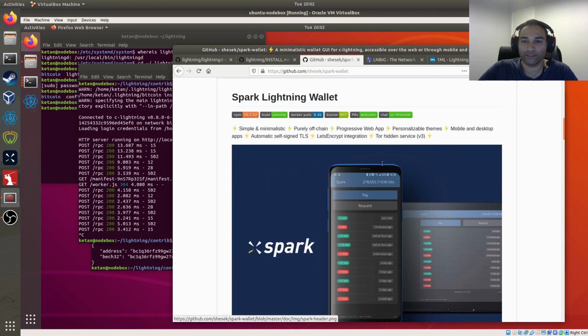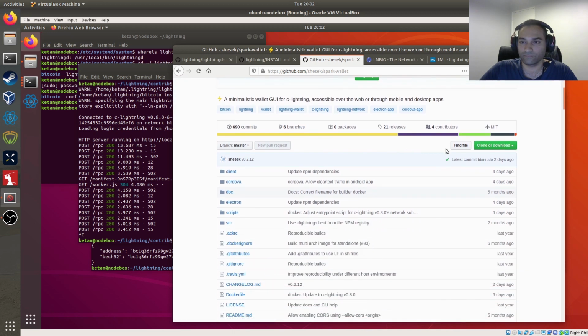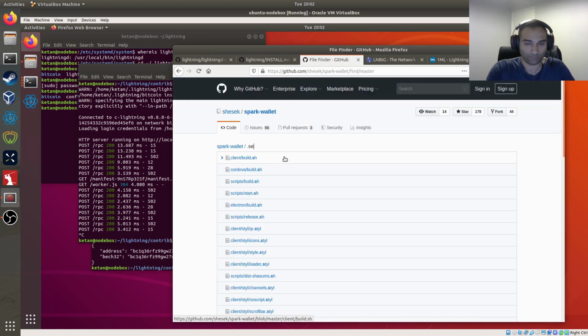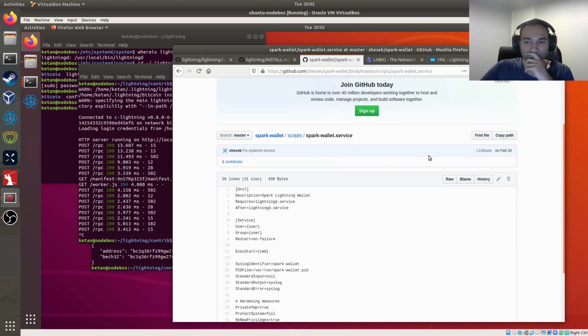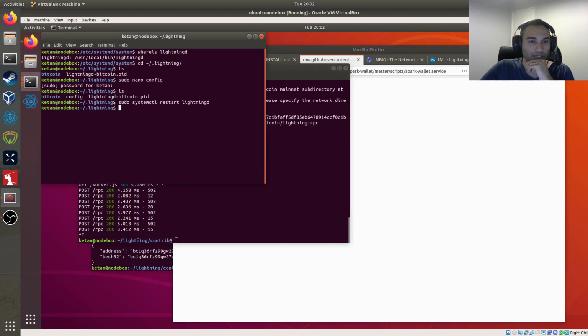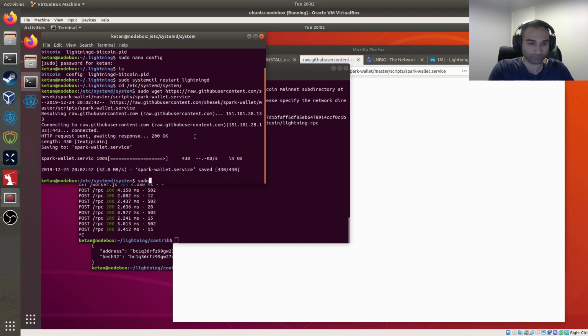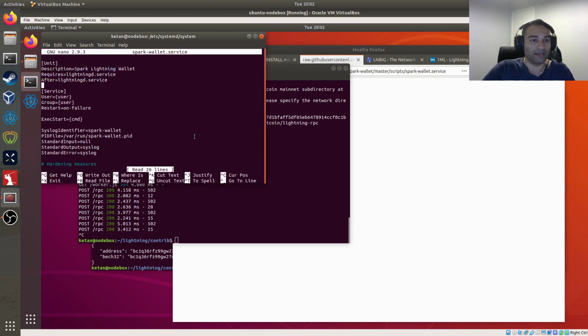Now we'll get the service file, get the raw, copy. So we'll change directory into the systemd system and sudo wget that file, sudo nano spark-wallet.service, and we now need to edit the user, so that's me, group me,